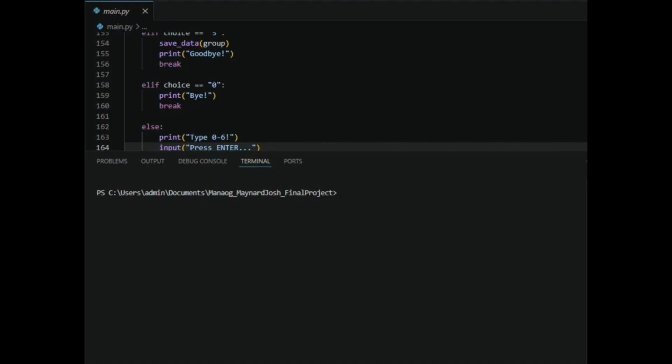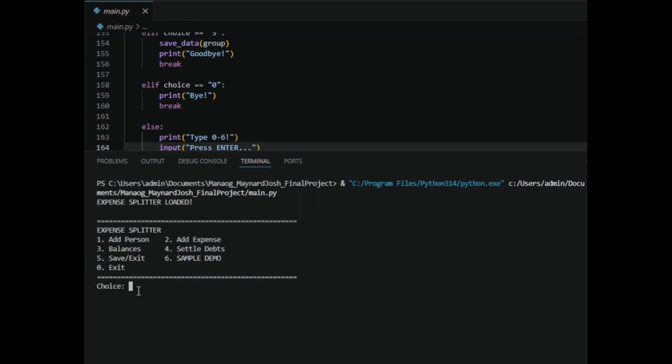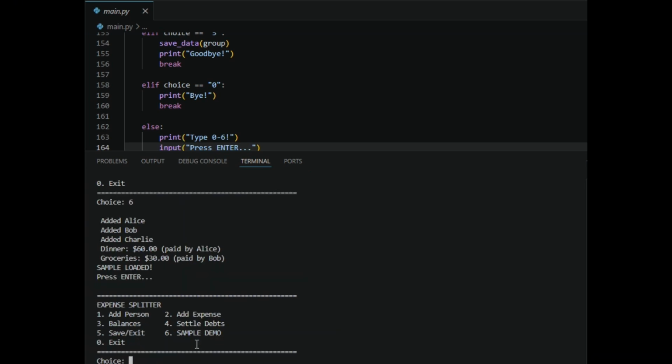Now, I would run the file and I will put number 6 for the demo. Let's take a look and reflect. Now, as you can see, Alice, Bob, Charlie, the dinner cost is $60 paid by Alice and the grocery is paid by Bob.